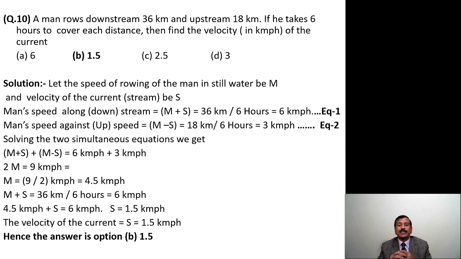We simultaneously solve this and we get the answer to the question, that is, the speed of the stream is 1.5 km per hour. Friends, look here, in all the 10 questions you have seen, a real life situation is given from which we put whatever is not known as a variable. We find the relationship of the variables and put it in terms of simultaneous equations. And with the conventional method of solving simultaneous equations, either by elimination of a variable or by substitution of one variable into the other equation, we get the values of the variables.